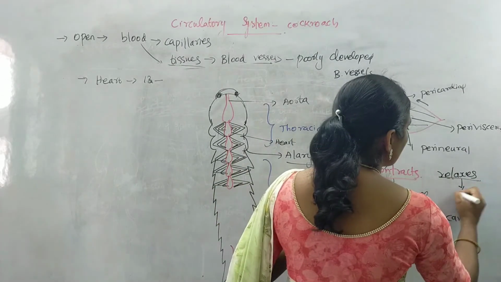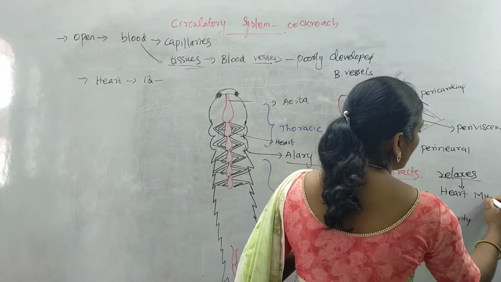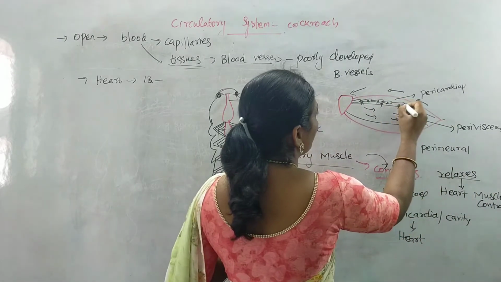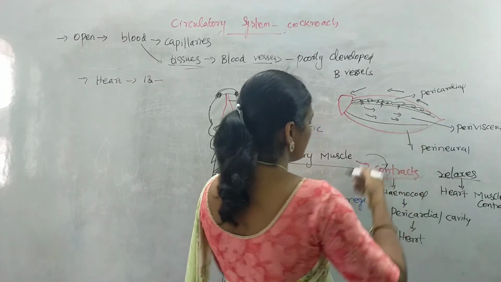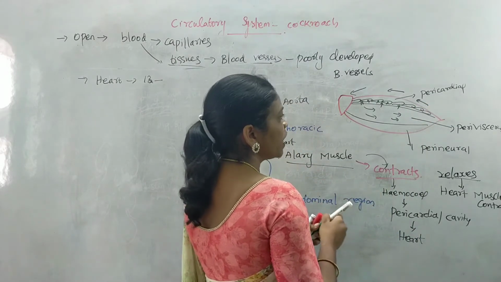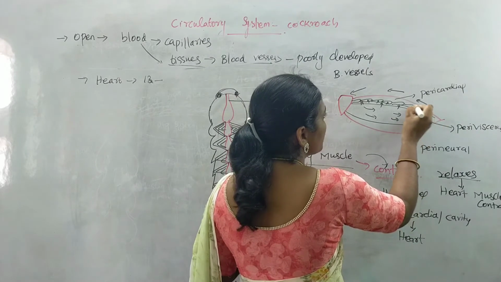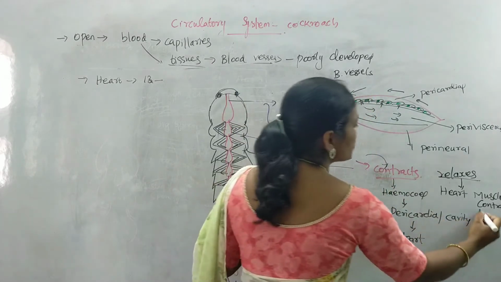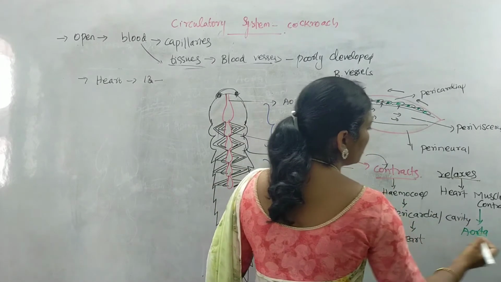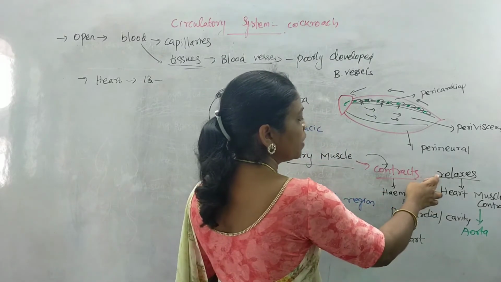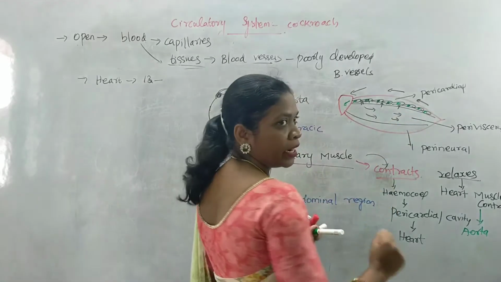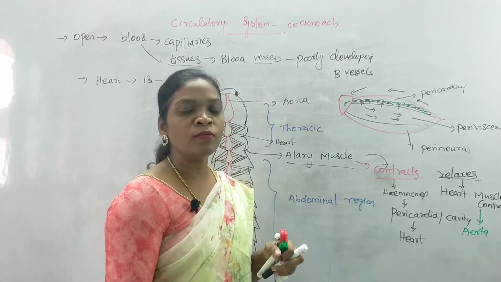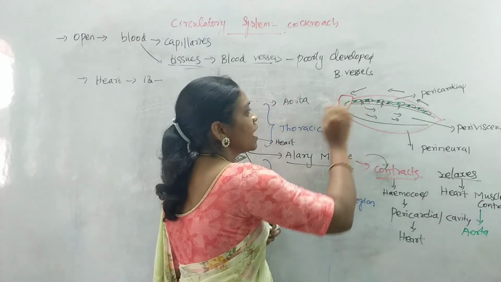When the alary muscles relax, the heart muscles will start contraction. So these chambers will start to contract. Because of contraction, there will be a movement of blood from these chambers to the anterior side. They reach the aorta that is present in the anterior region. So when the alary muscles relax, the heart muscles contract. Because of contraction, there will be a wave-like motion inside these heart chambers, which regulates the movement of blood from the posterior chamber towards the anterior chamber.